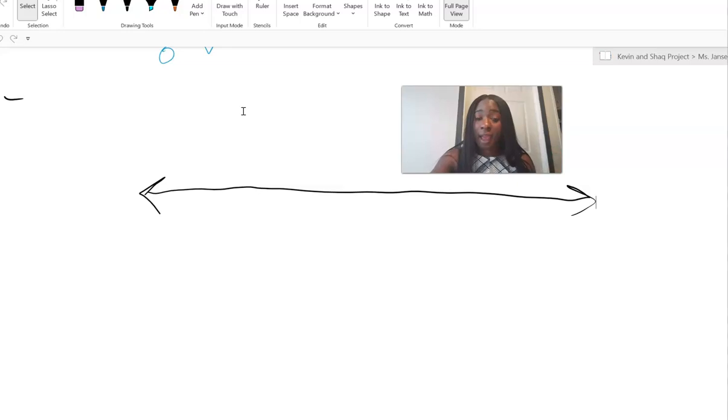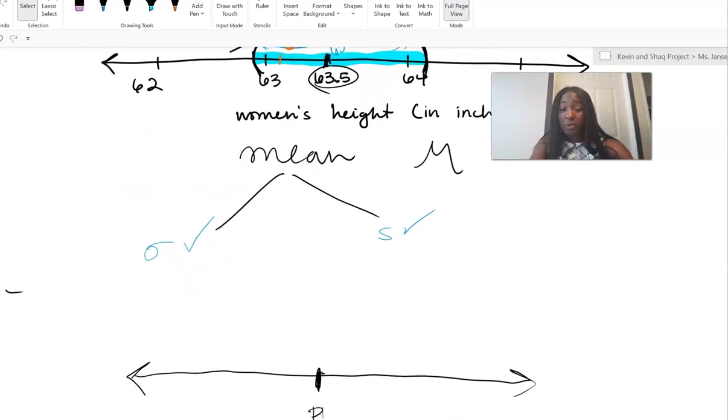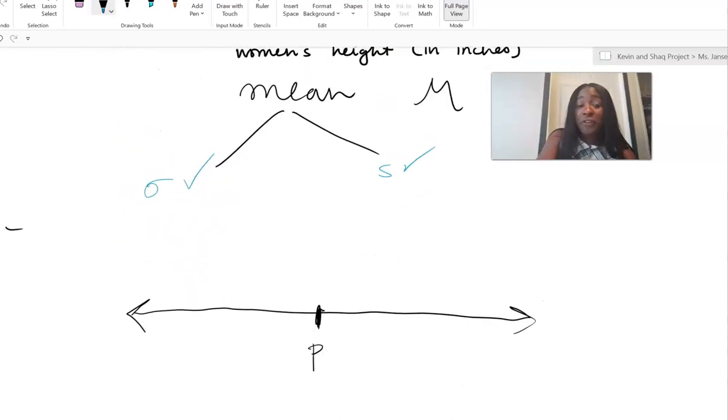We're going to find out, how do we get these estimates? How do I get the point estimate for that population parameter, which is going to have a symbol? We'll learn that symbol in a bit. It's going to be P. And then once I know my estimate, which is very similar to what we were doing up there with the mean, I would feel very confident to maybe give myself a little bit of wiggle room to the right and a little bit of wiggle room to the left to say that it is on this interval,